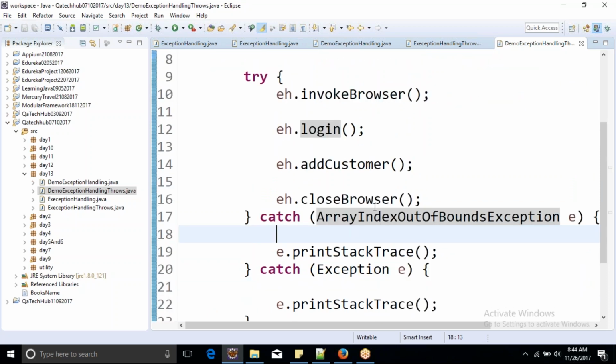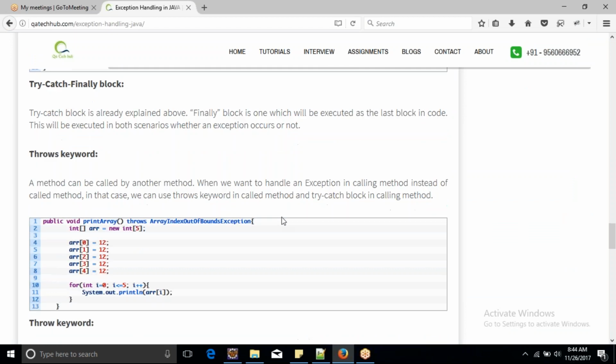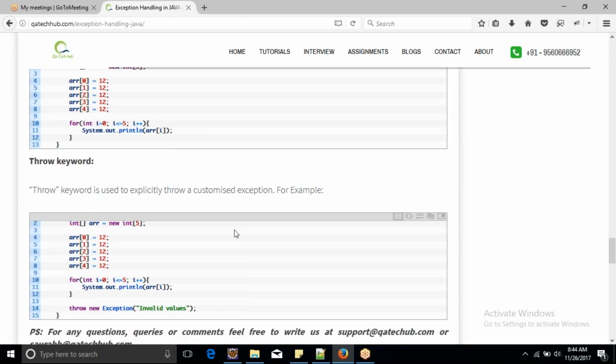Okay. Then comes the last part of this exception handling, and that is the throw keyword. Now, what is the throw keyword? The throw keyword is used to explicitly throw a customized exception. Let's say you don't want the predefined exceptions to be thrown. You want your own exception to be thrown. Say, for example,